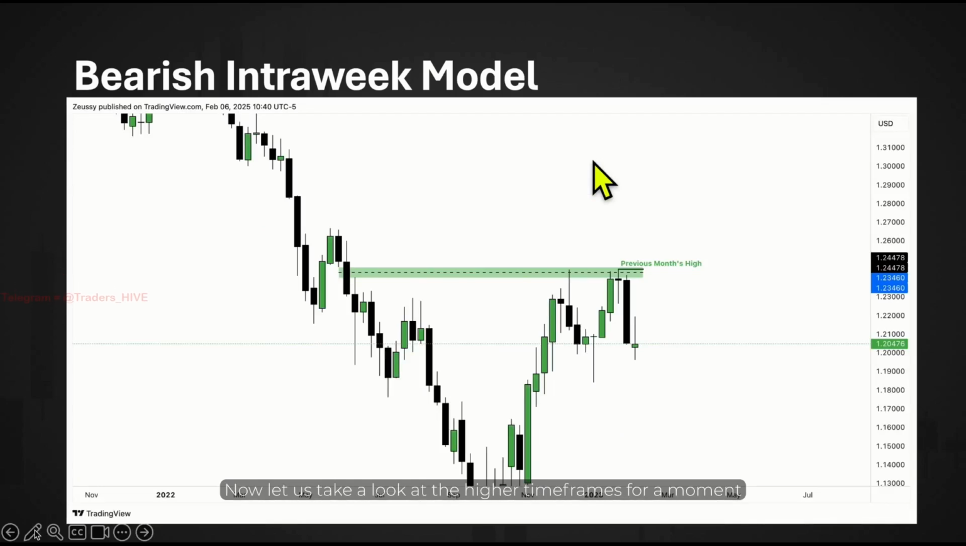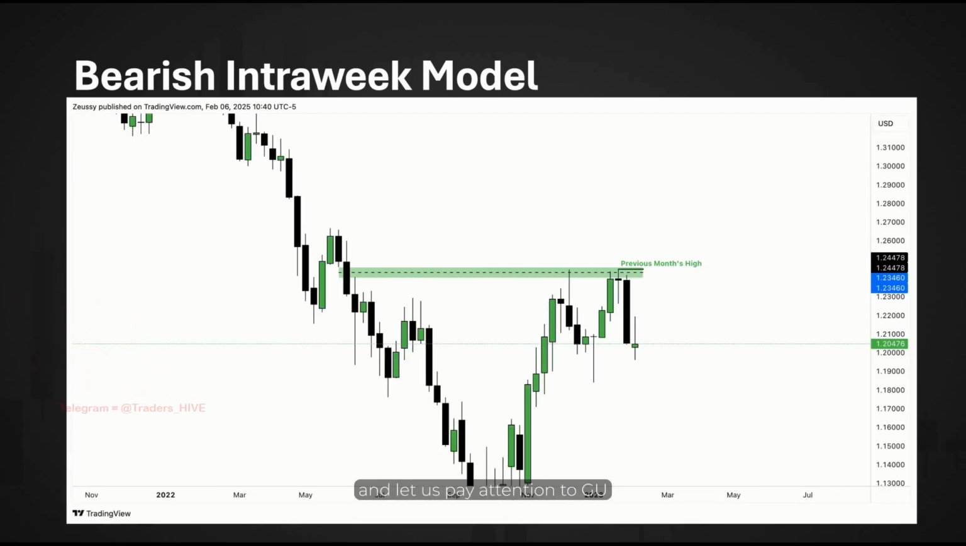Now let us take a look at the higher time frames for a moment and pay attention to GU. What you can see right here is that I've annotated on GU this specific imbalance. Notice that the market expanded lower a lot before eventually forming a low and drawing towards the upside. Notice that we repriced into that imbalance already right here and we saw the market reject it. Notice, however, that this rejection was not sustained,